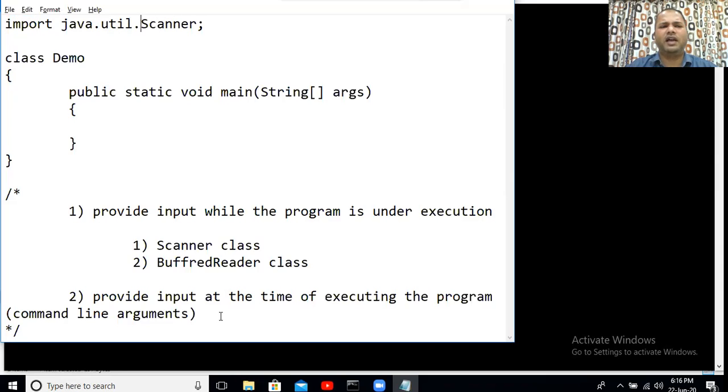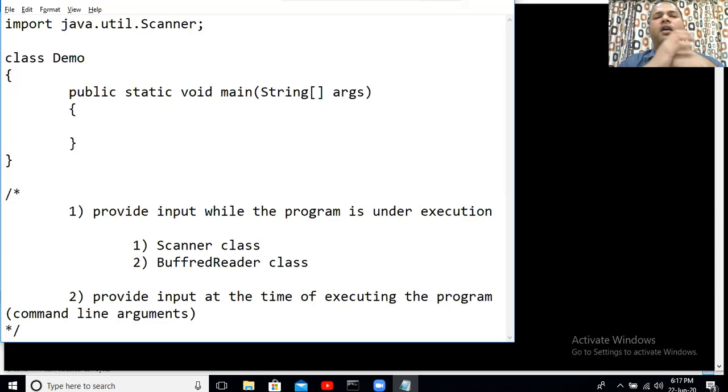The name of the class is obviously Scanner, and java.util is the name of the predefined package in Java which contains this Scanner class. So in a way, we have told the Java compiler that we are talking about such Scanner class present in Java that belongs to the java.util package. So we have written this import statement here. So now we can always make use of Scanner class in our code.